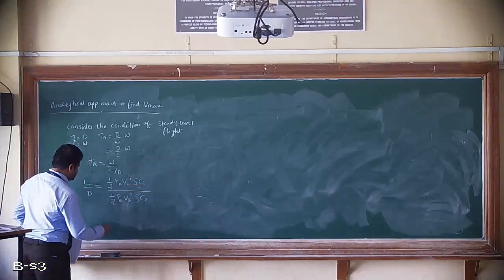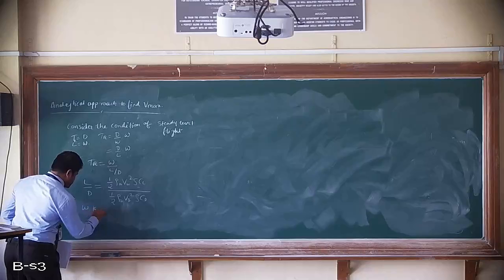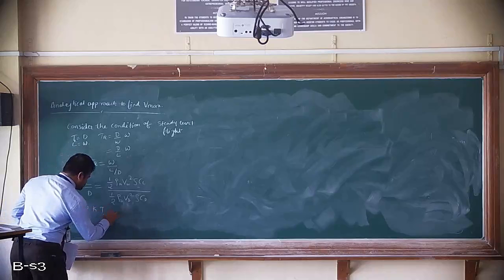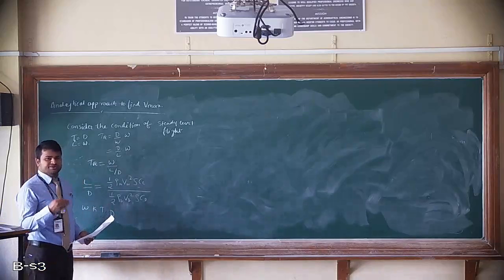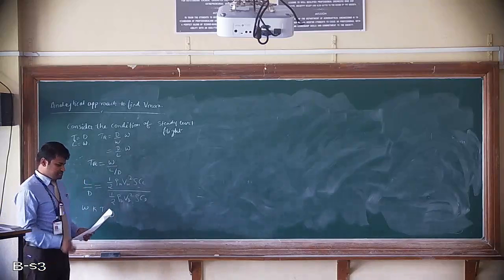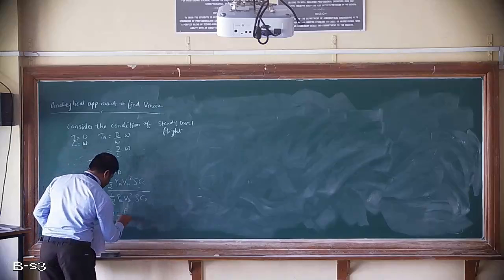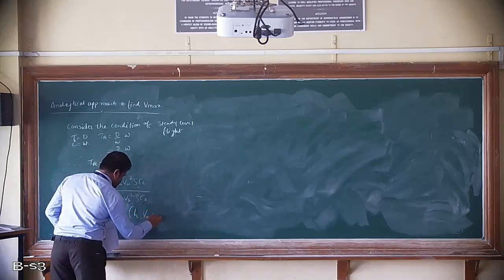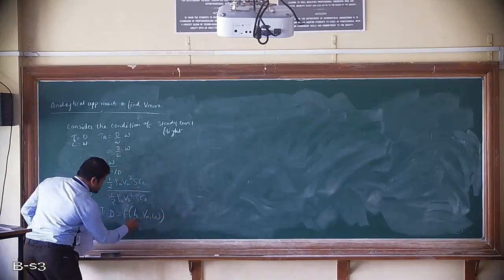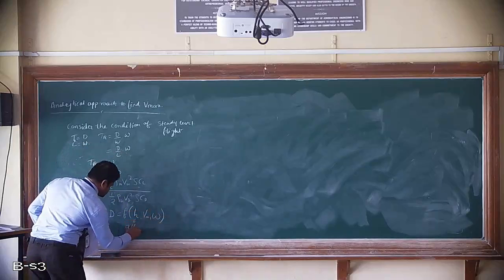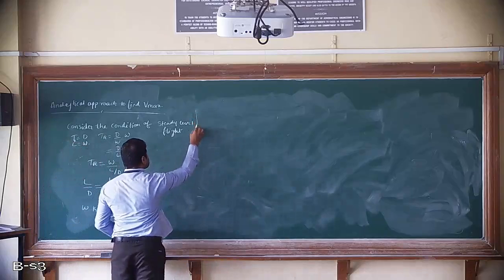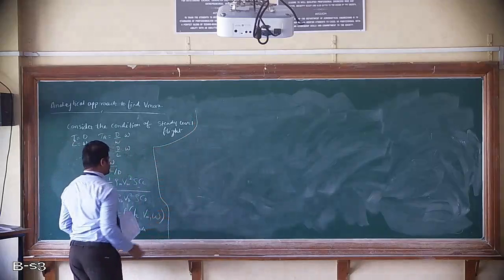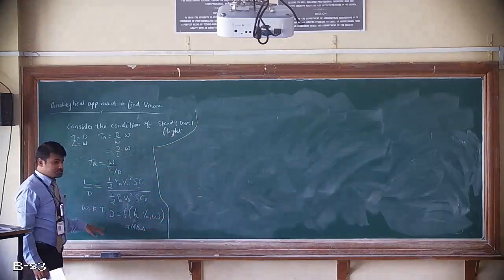And we know that the drag, whatever it is, is a function of altitude, velocity and weight. So drag is a function of h for altitude, V infinity for velocity and W for weight. Okay, this is altitude. I think till here you understood, right?